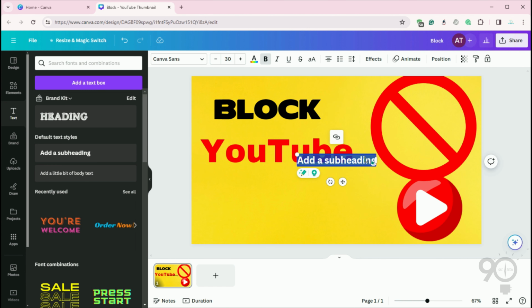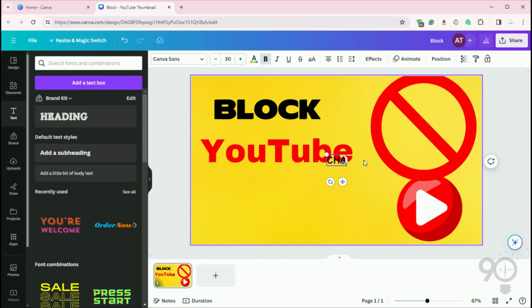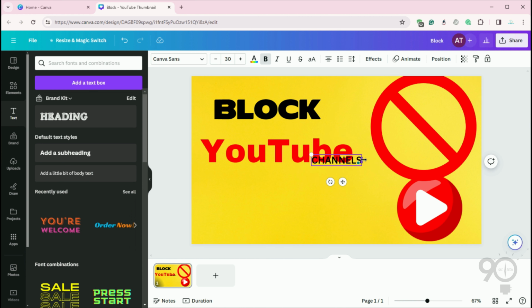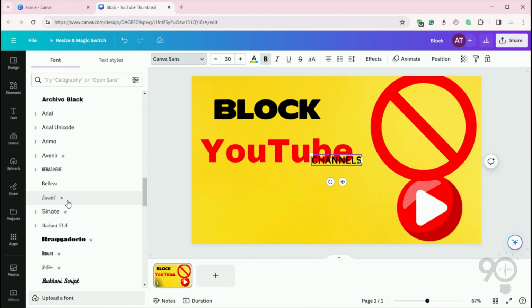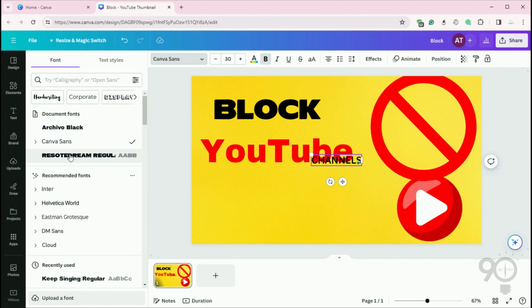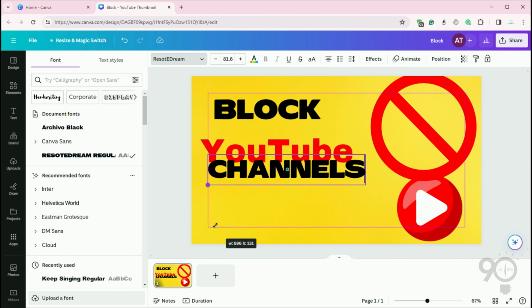Select a third subheading for the final row of text. Again, choose appropriate fonts and sizes to ensure consistency with other elements.